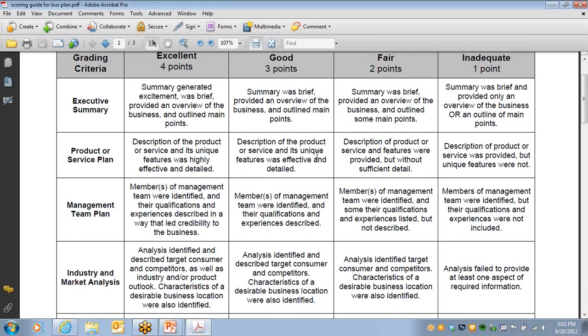Right. Okay, and you've got under product or service its unique features. In other words, they understand their product so well that they can tell you. They would be selling me right now and telling me why this product is going to benefit me, why I need it. So they understand it well enough that they can explain it in that detail. Does that make sense? You're not actually referring to another document that you have to have. No, not at all.